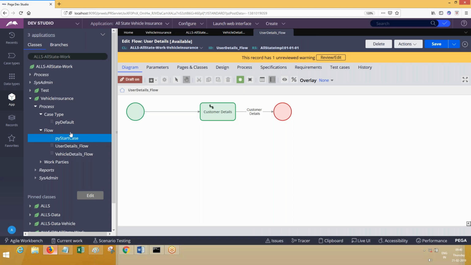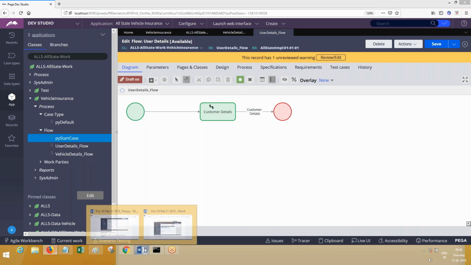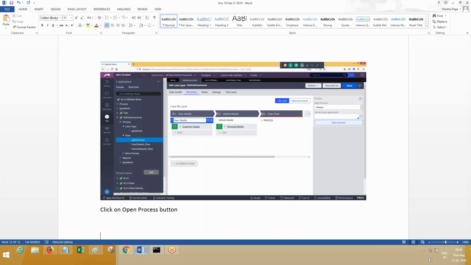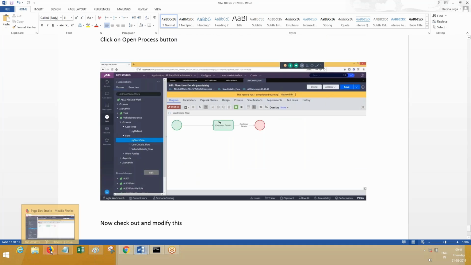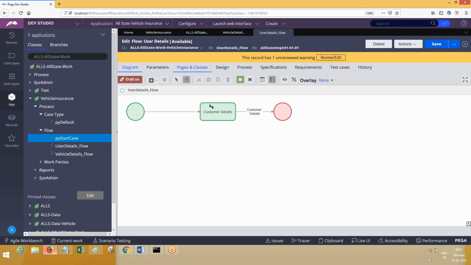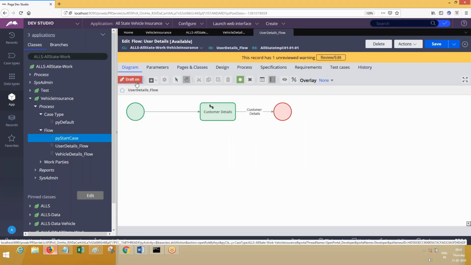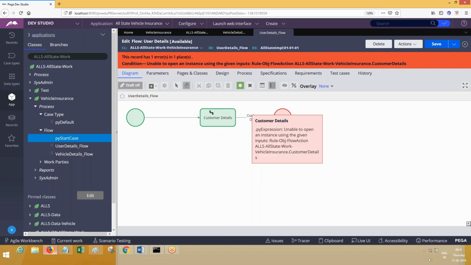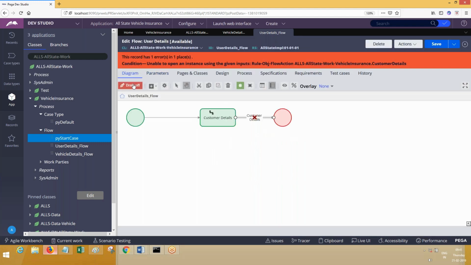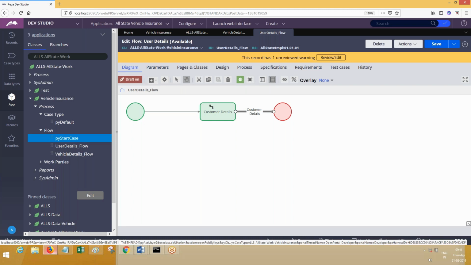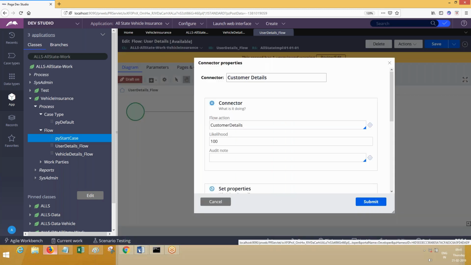It will open the same flow. Instead of opening from the class tree, you can open it the other way around, choosing the process at the case type rows. Now check out and modify this. Accordingly, we are going to modify. Now look here. I'm going to check out. This is already checked out. Draft mode. We need to turn off the draft mode. That we have to do. When you turn off the draft mode, a flow action is mandatory. So you need to select the flow action. Okay, let me get rid of this error message. Screenshots, it will not be good. So let me go ahead and double click to call the flow action. Double click on the output connector.